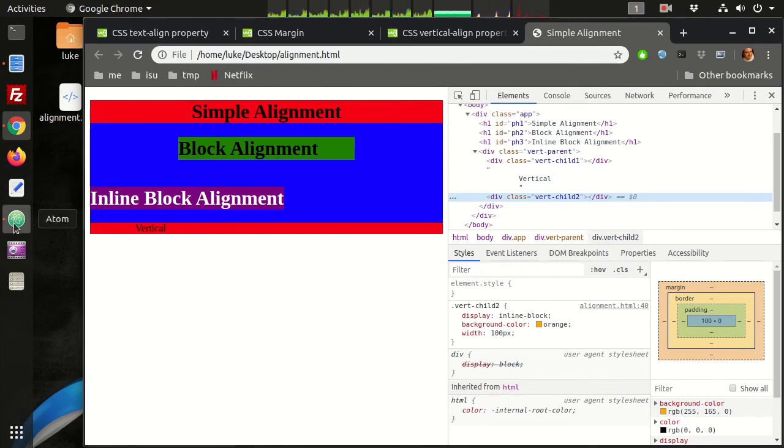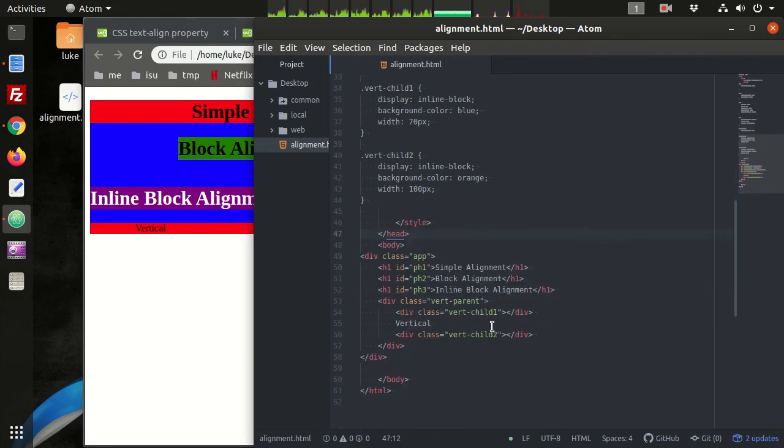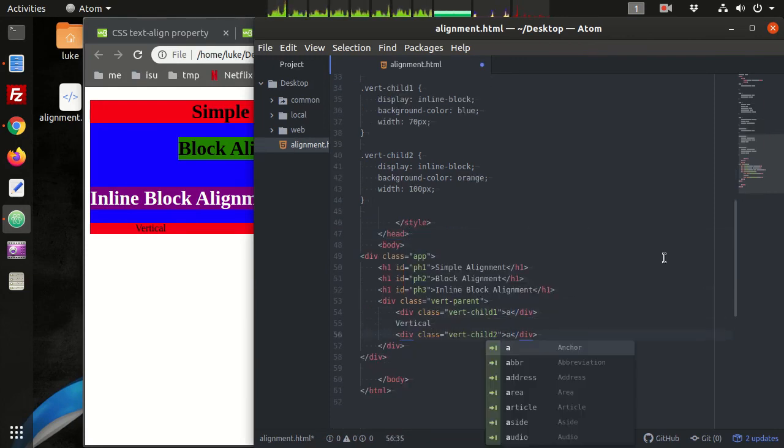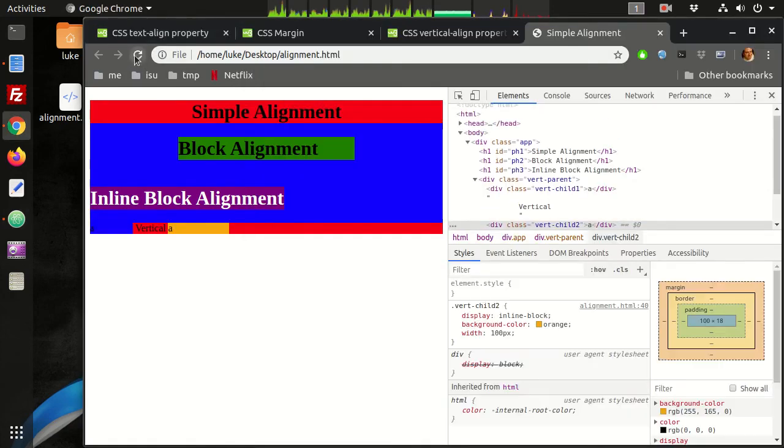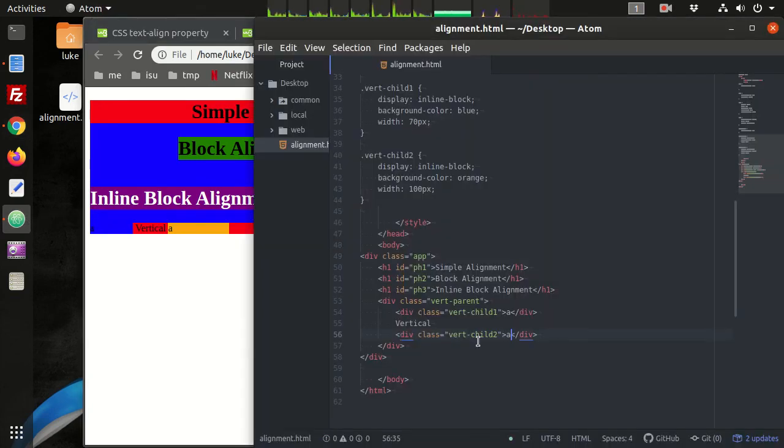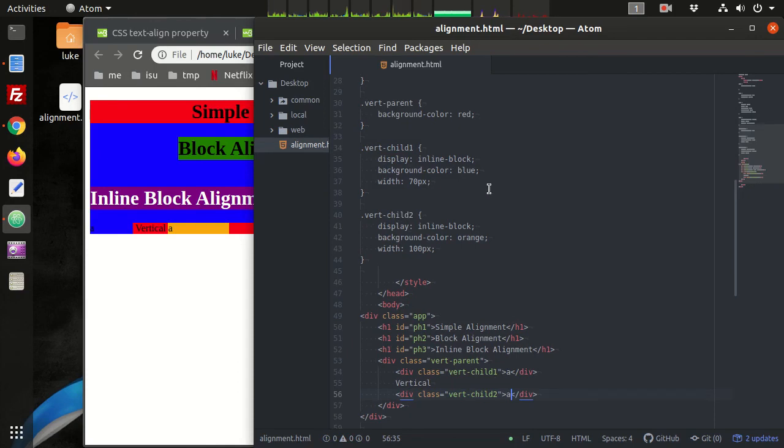We see that it's not displaying the actual text there. So let's just add a child element and see if we can get it to display. See what's going on here. So without any content, the div itself is not shown. And we'll change that one from blue so we have a better view. Make this one green.